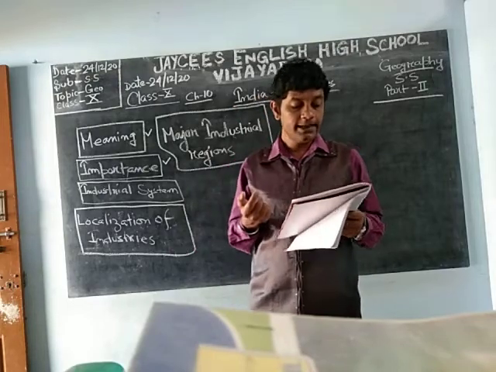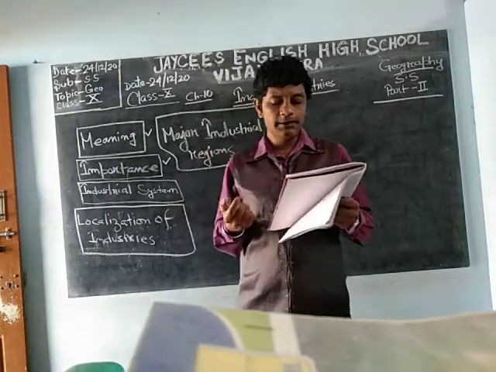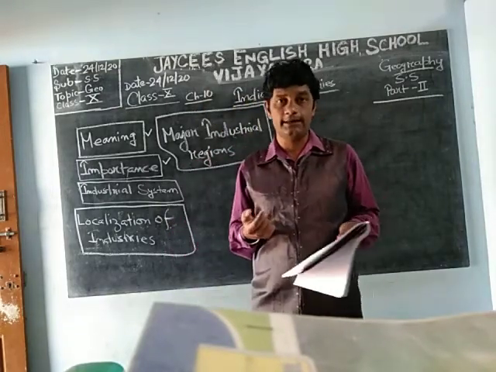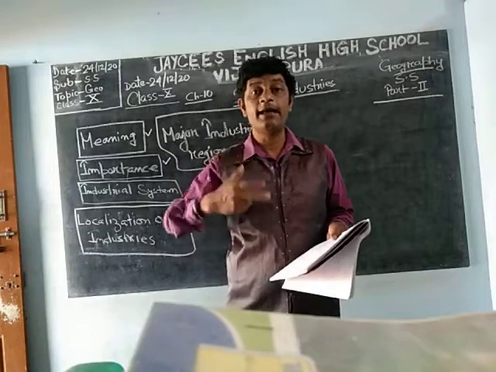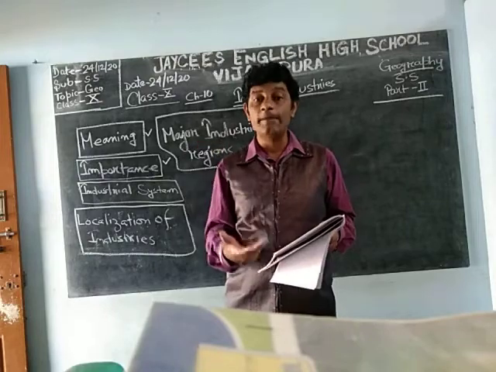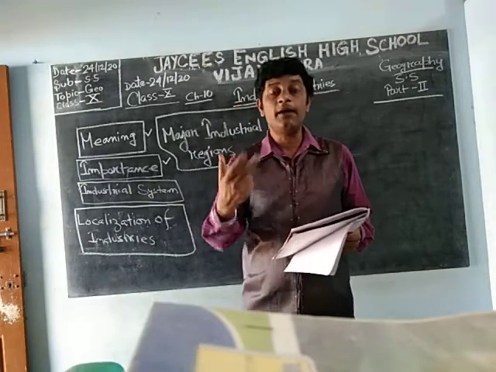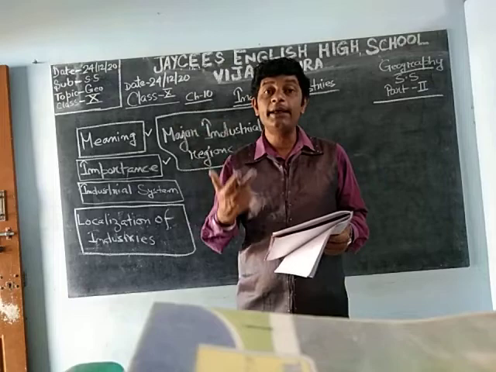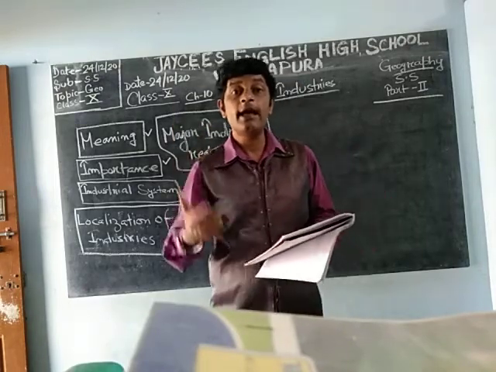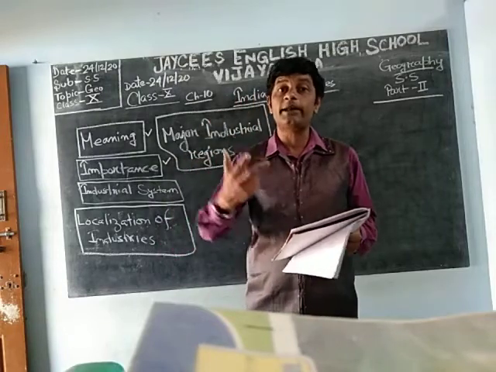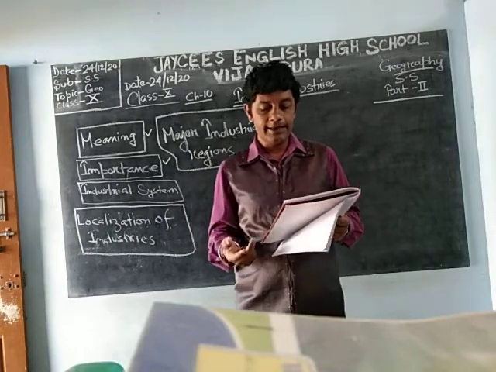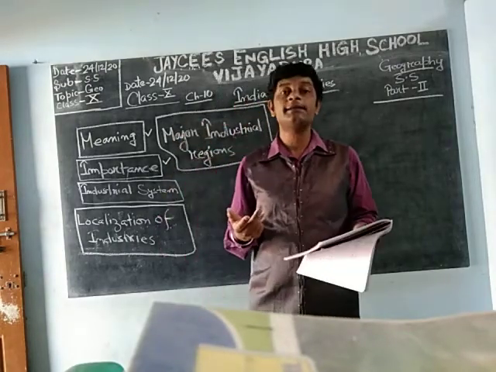Okay, next is secondary. It involves manufacturing. Now, I told you that the automobile industry is manufacturing. They are doing the processing of the raw materials. Suppose in the primary, what is happening? They are bringing the raw material. But in the secondary industry, what are they doing? They are doing the processing of that raw material to get a commodity. So they are involved in manufacturing. Examples: making cars, iron and steel.